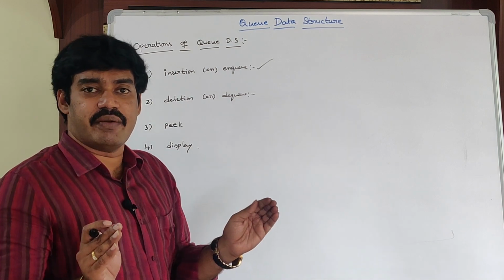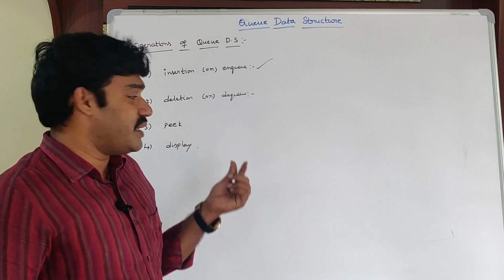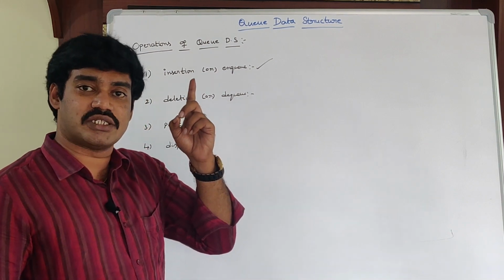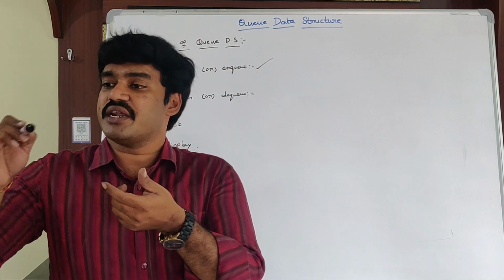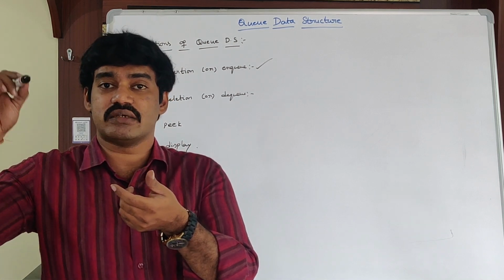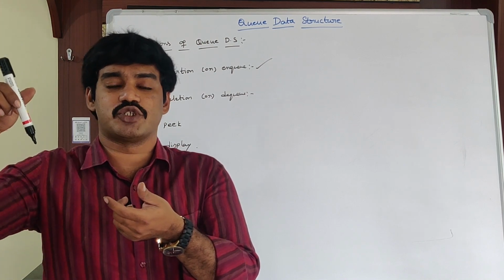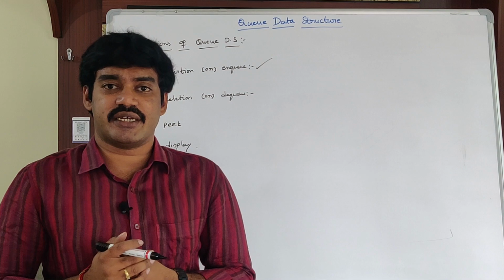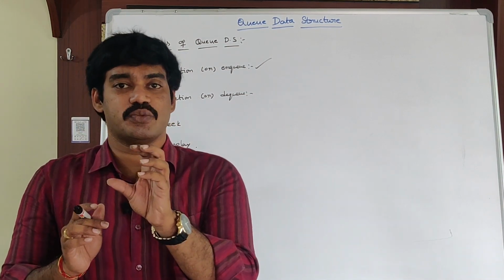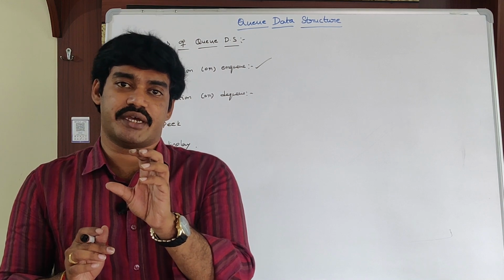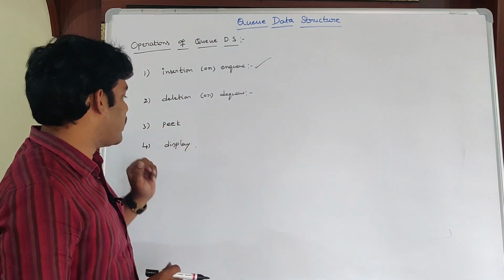What is the peek? If the queue is not empty, then it returns the first element from the queue data structure. It is something similar to the peek operation in stack data structure. In stack data structure, what is the peek operation? It returns the topmost element. Why? Because the topmost element is to be deleted first in stack data structure. Whereas coming to the queue data structure, the first inserted element is to be deleted first from the queue data structure. That's why it returns the first element from the queue data structure, peek function.